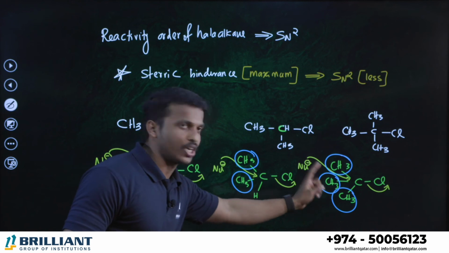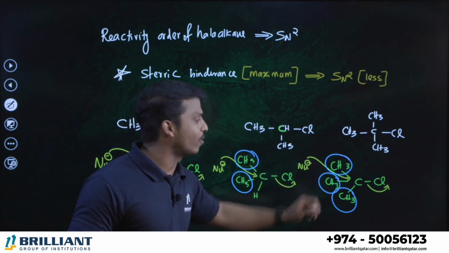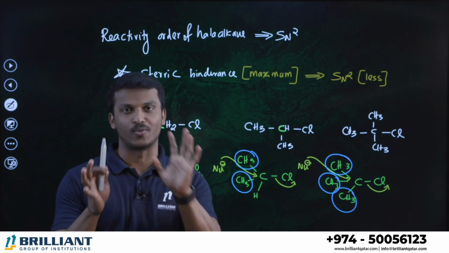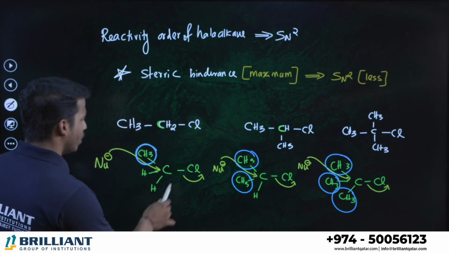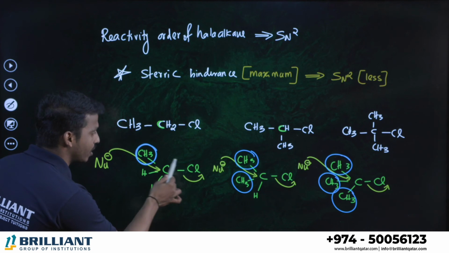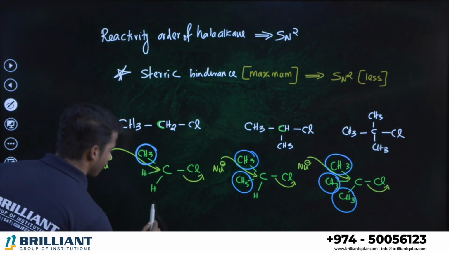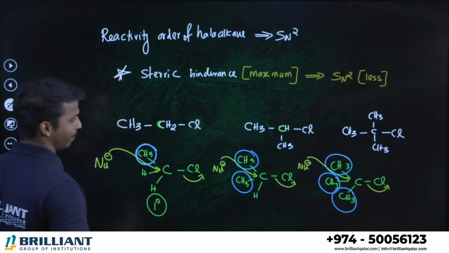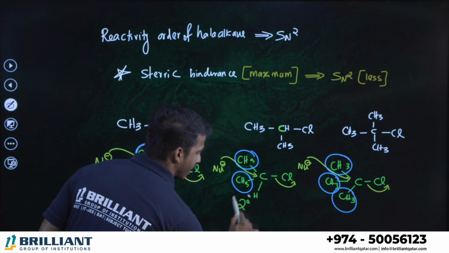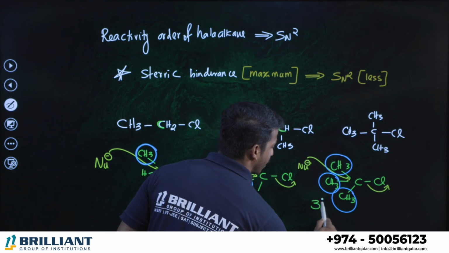But this one is tertiary. In tertiary, the bulky groups are greater in number, so the nucleophile cannot attack easily, due to steric reasons. Steric reason is called crowdedness. Okay, is the point clear to all of you? What is this, a primary, secondary or tertiary haloalkane? The halogen-connected carbon is directly connected to one carbon, so it is a primary haloalkane. Here the halogen-connected carbon is directly connected to two carbons, so it is a secondary haloalkane. Here it is directly connected to three carbons, a tertiary haloalkane.